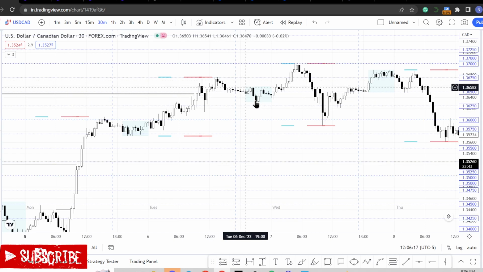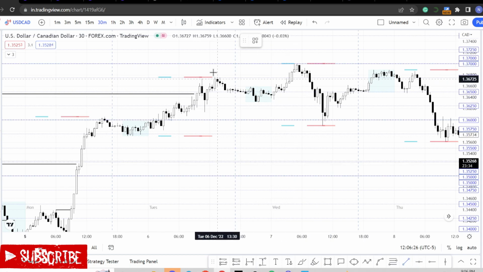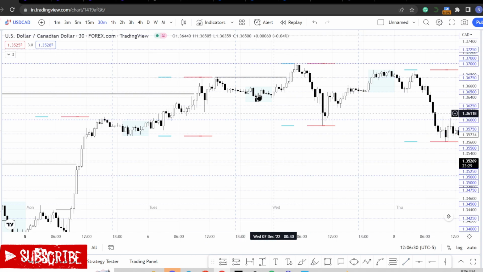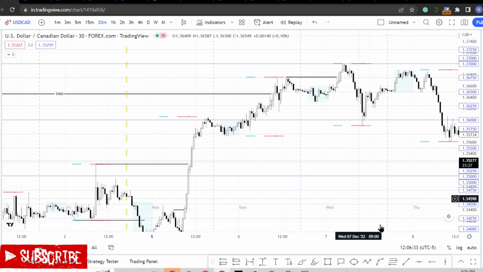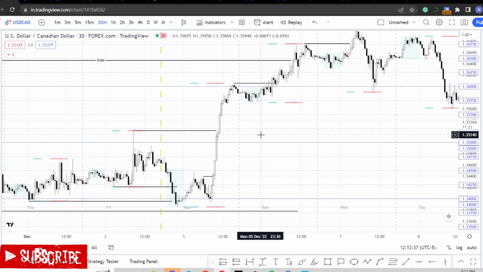So coming on Wednesday now, here's a demarcation from Wednesday start. We have a little pullback downward, then it continues, then breaks Tuesday's high. There we are. And this is another break here. There is what we call the Stacy strategy by Stacy Berg Trading. You can get him on YouTube. That's what he teaches about.